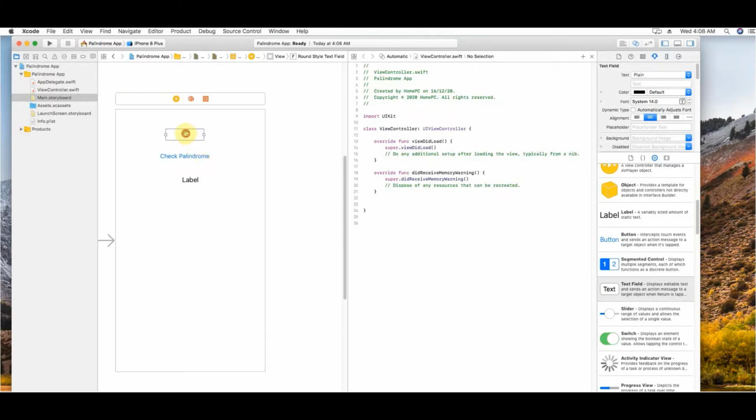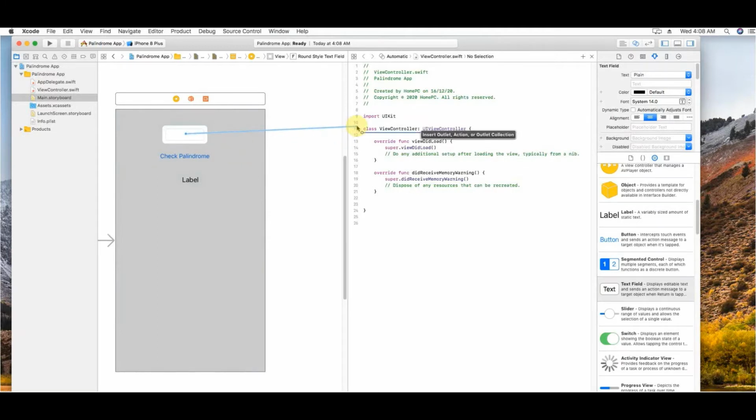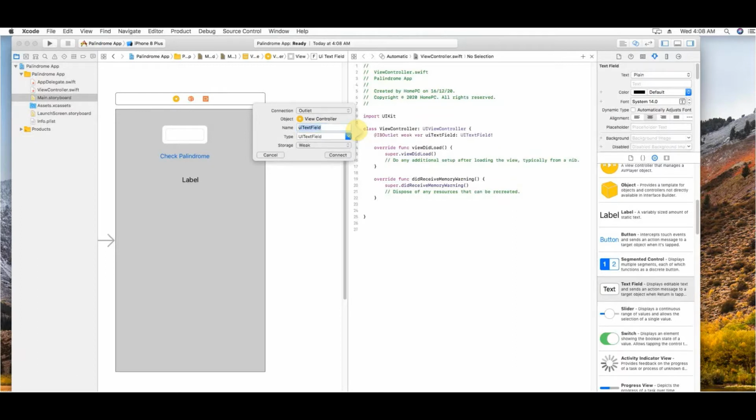Yeah, perfect. So I'll need a class variable for my UI text field. I can create this by pressing the control key on my keyboard and dragging it here. You can name this anything. I'll name it UI text field. This is the variable from which we will get our input.